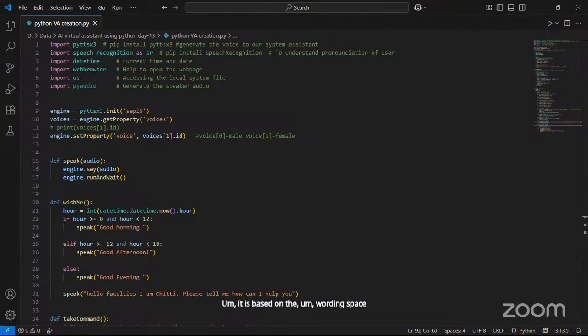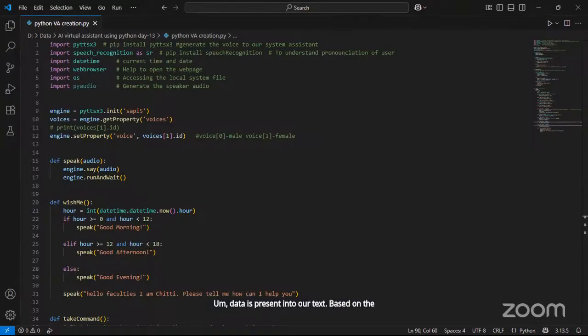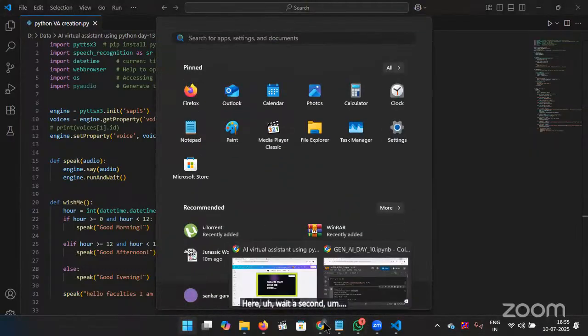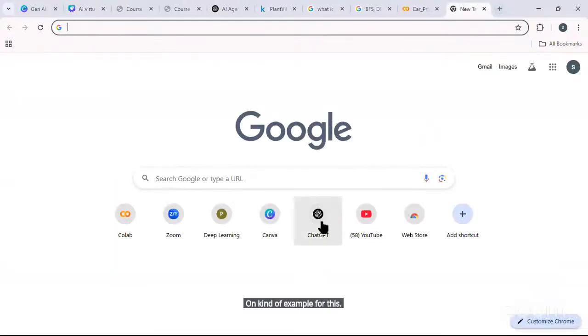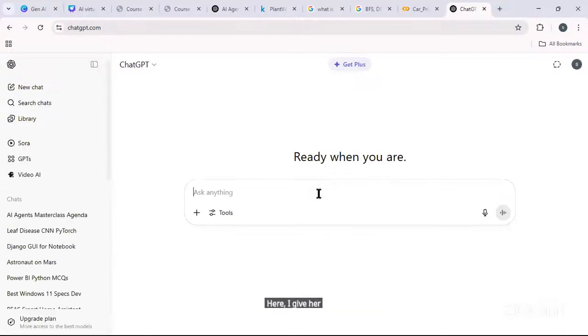The NLP is understanding what kind of data is present in our text. Based on the text, it converts the particular thing into image format, based on the previous training. So ChatGPT will work like the Ghibli art. Wait a second, now I will go with an example for this. I go within ChatGPT, and here I give some kind of prompt. So, can you generate